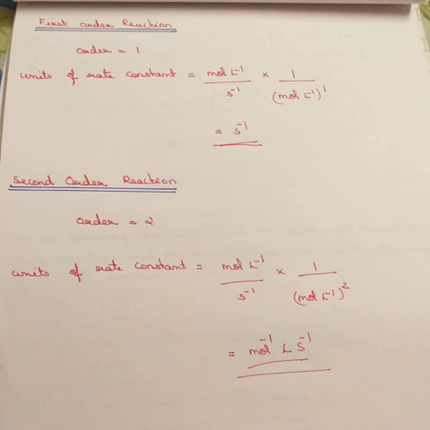Now, we wrote the rate law. We are not taking the differential rate equation, just writing down the rate law. Rate is equal to K into A raised to x into B raised to y, where x plus y is equal to n. That n will give you the order of the reaction. So, we have to find out the unit for rate constant K.